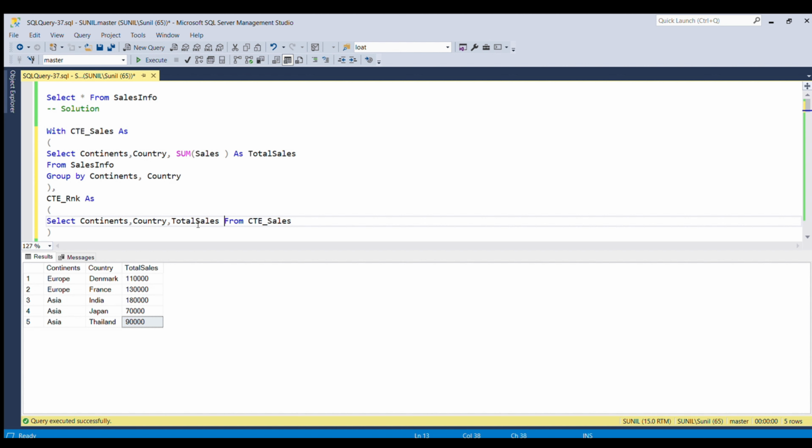I copied continents, country, total sales from the CTE underscore sales table. Here I'm going to use the rank function. Better we'll use the dense rank function. So dense rank function over, and then I'm going to partition by the continents column, and I have to order by the total sales column in descending order.